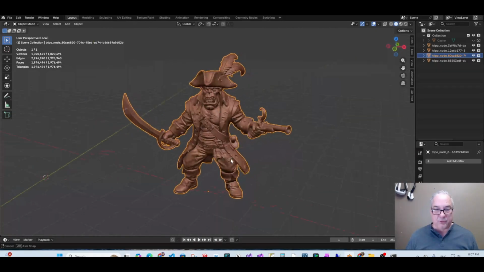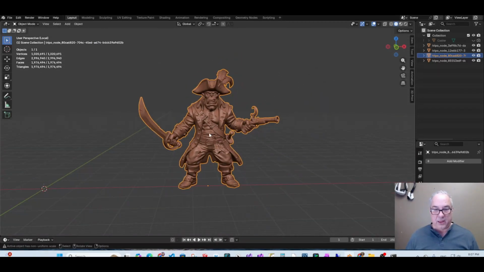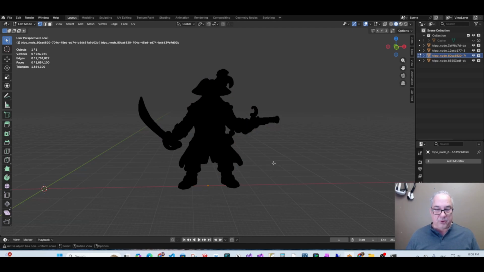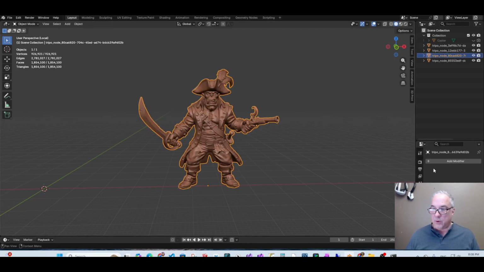So we did want to make a few changes here, so let's go ahead and do that. For starters, we're going to do the same thing we did for the other guys. We're going to tab into edit, and then we're going to merge by distance. That 0.005 is working. We lost about 100,000 polygons, merged by distance, which is good. Now we're going to go ahead and add the decimate